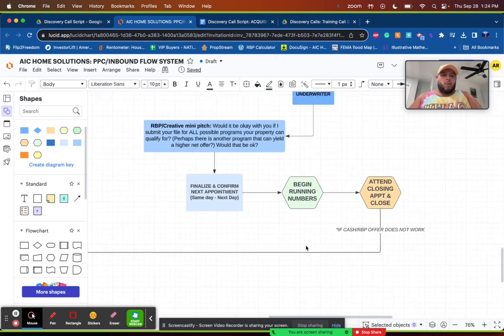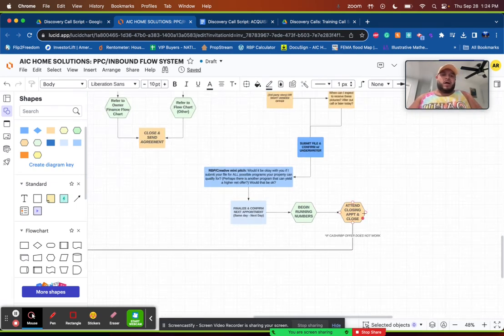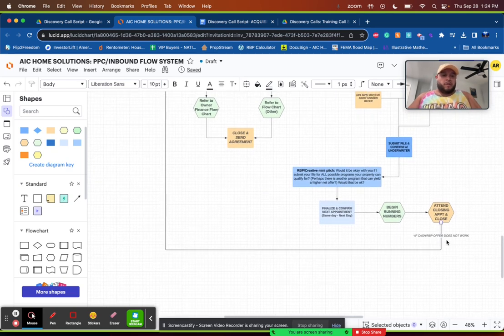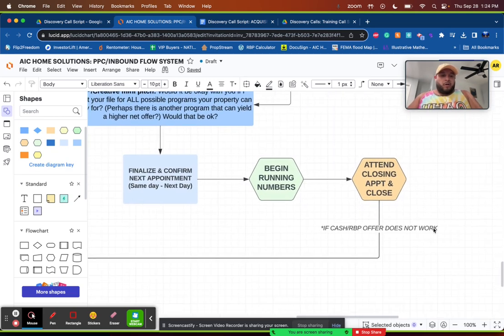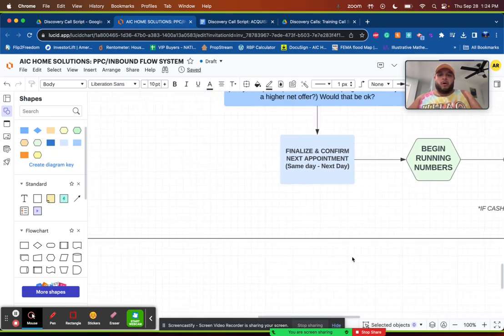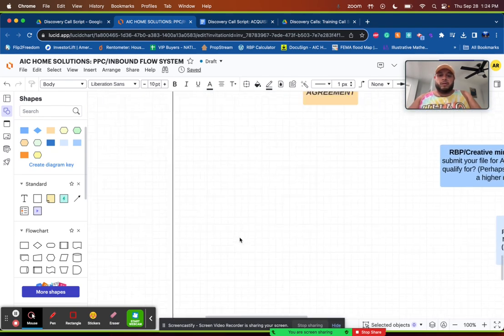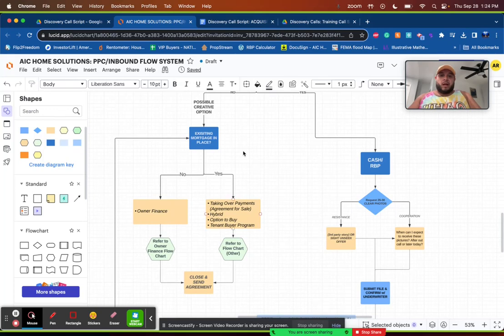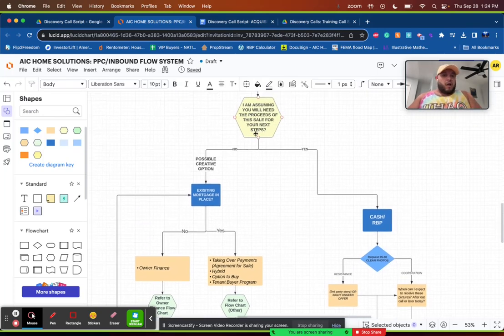And then what we do in our appointment, so once we do that, and let's say the cash offer or the retail buyer program is not a go for whatever reason, then we want to make sure that we have another option to explore with the seller, right? So if the cash offer or the RBP offer does not work, then what we do is we go back, and I'm assuming, right, based on that answer,